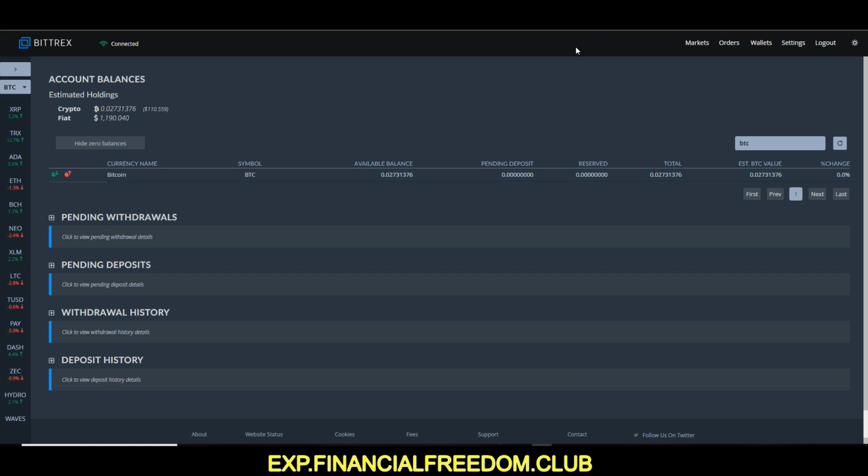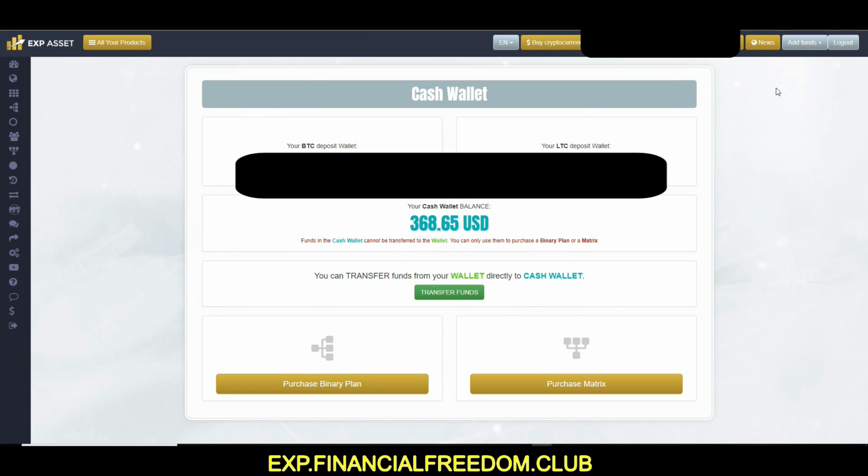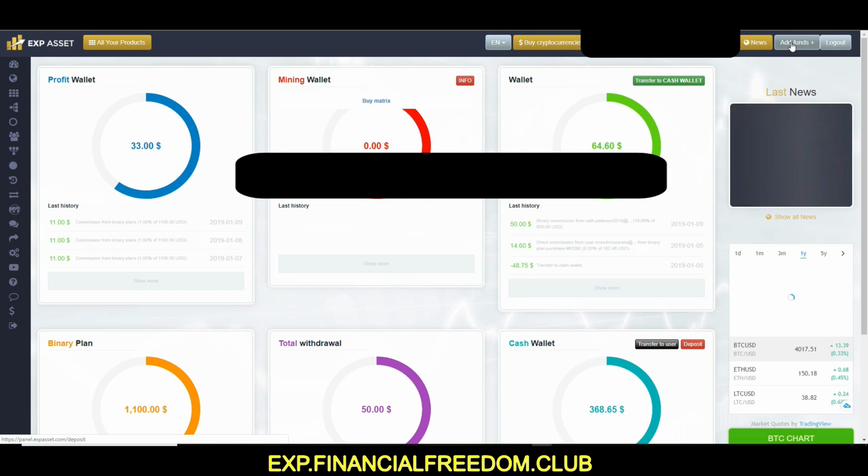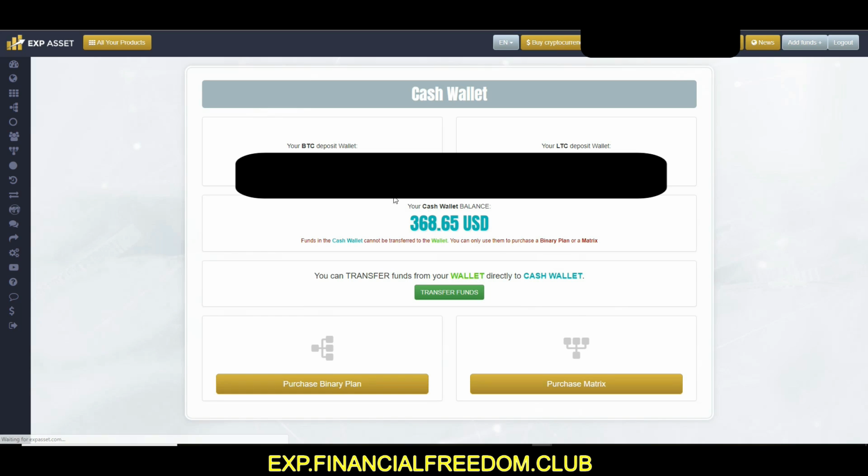Once you do that, then you want to go to EXP Asset, and you want to make sure you click on add funds from the dashboard right here, and then you're going to get your hex number address. You're going to copy that,